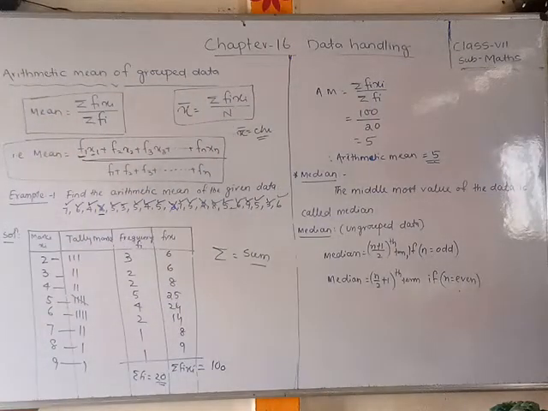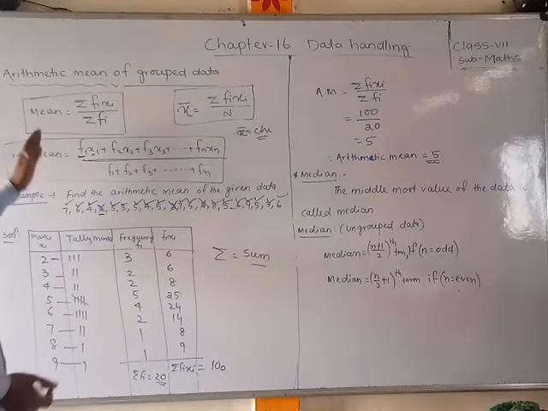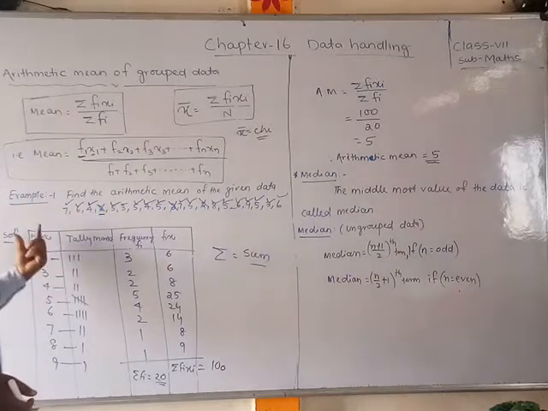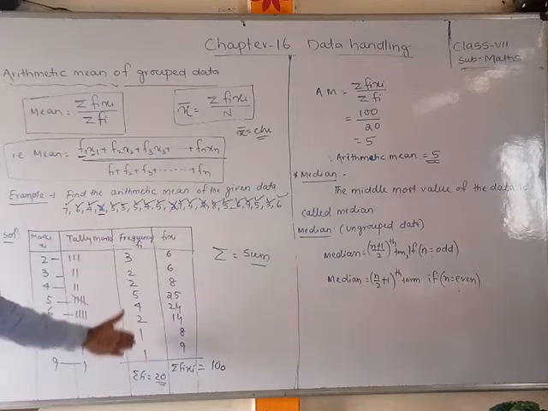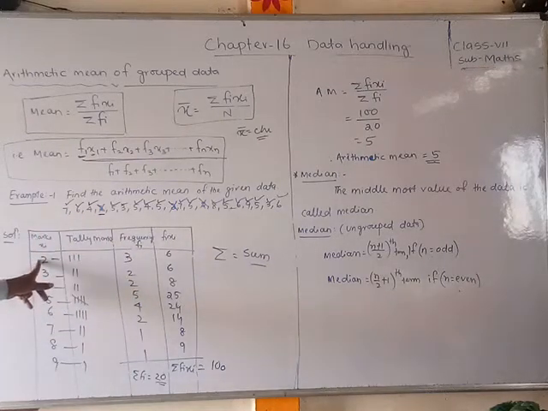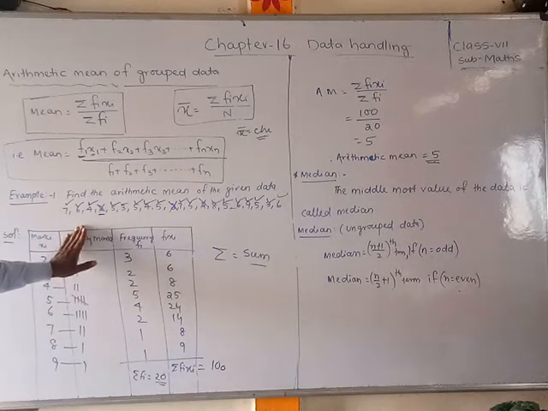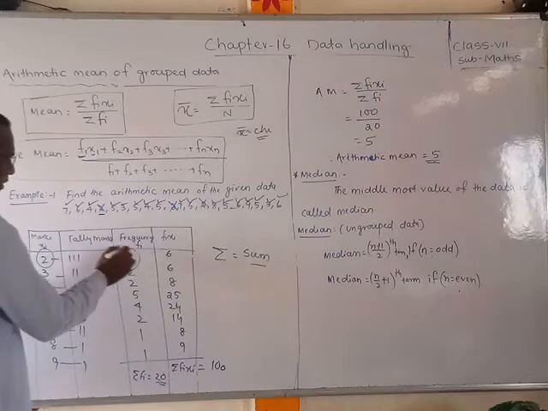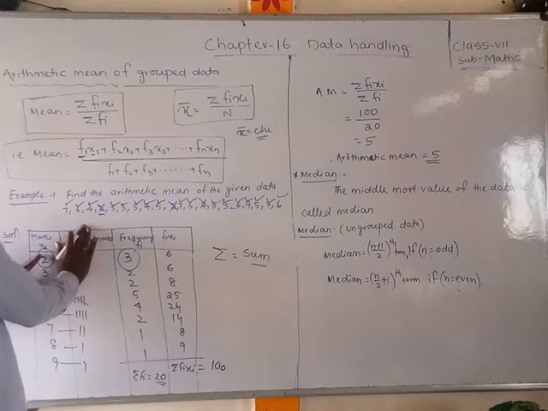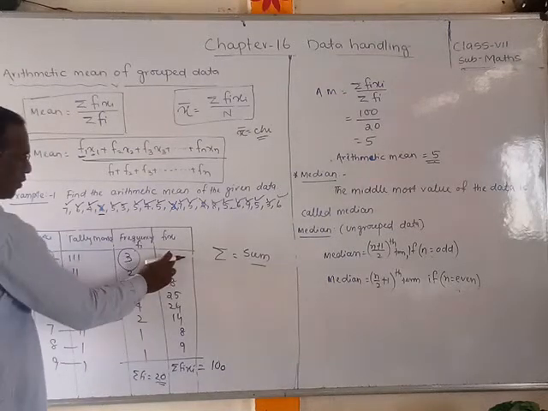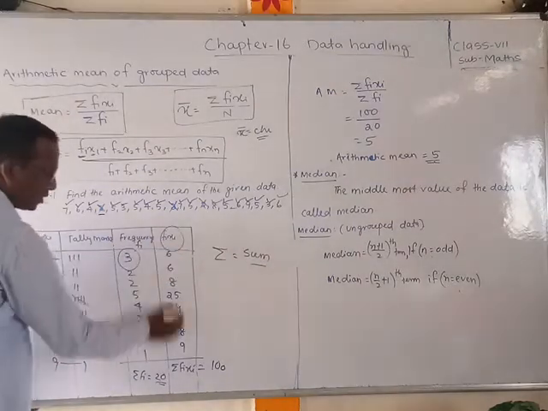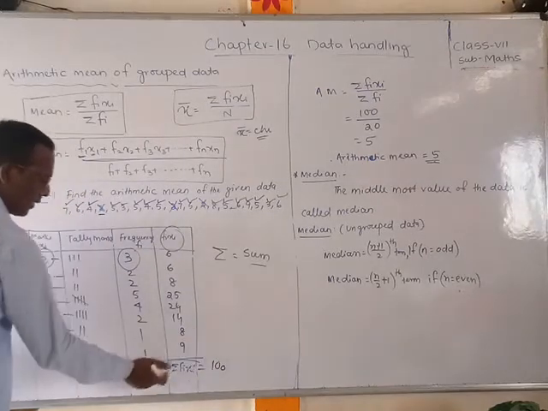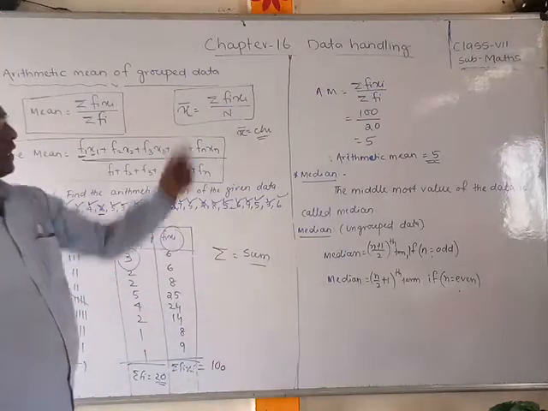So this is how you should find out the arithmetic mean. First of all, whatever data is given, you should find out, then find the frequency, and multiply the data by the frequency. The first column is not important, only the data and the frequency are important. Multiply them, then take the total, and also the frequency total. Divide this by this, and you will get the arithmetic mean.